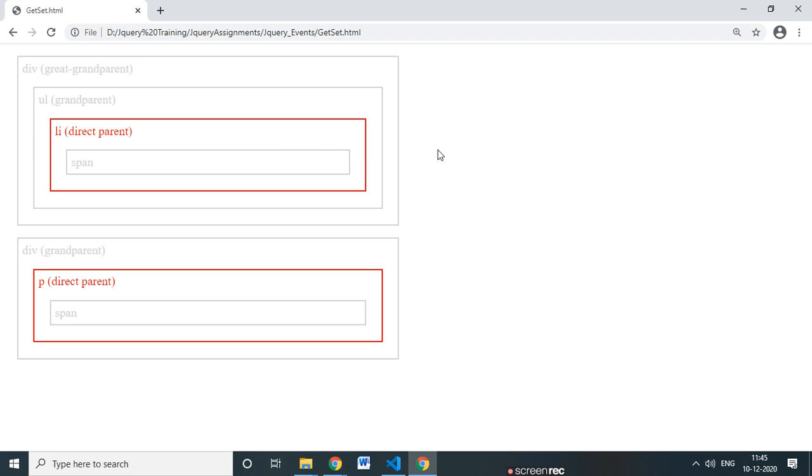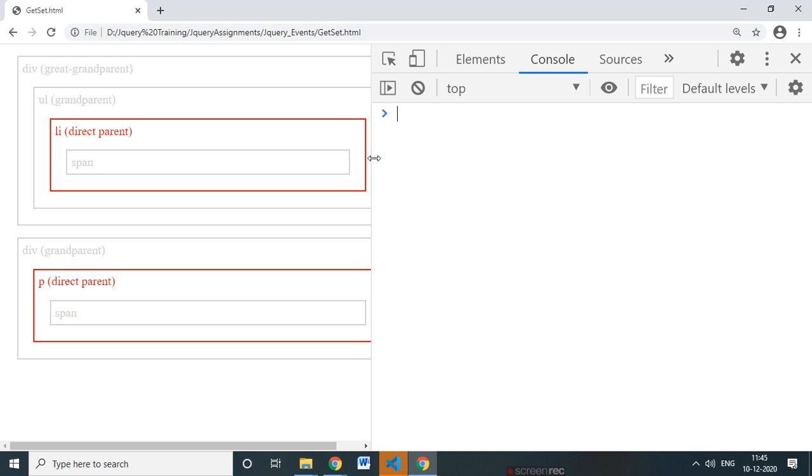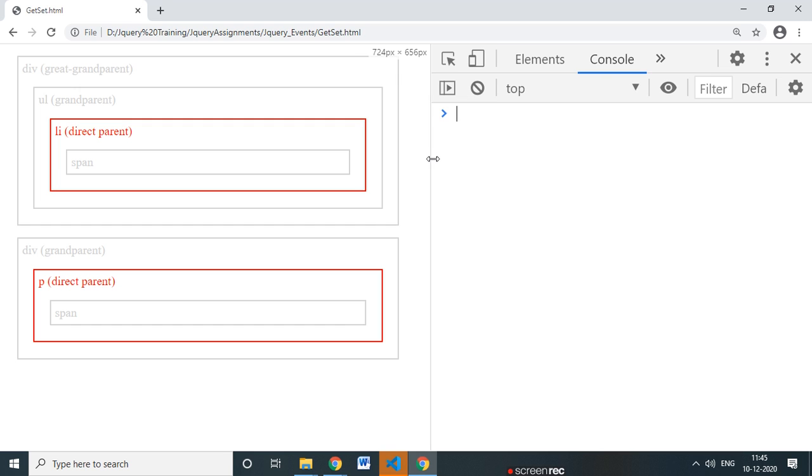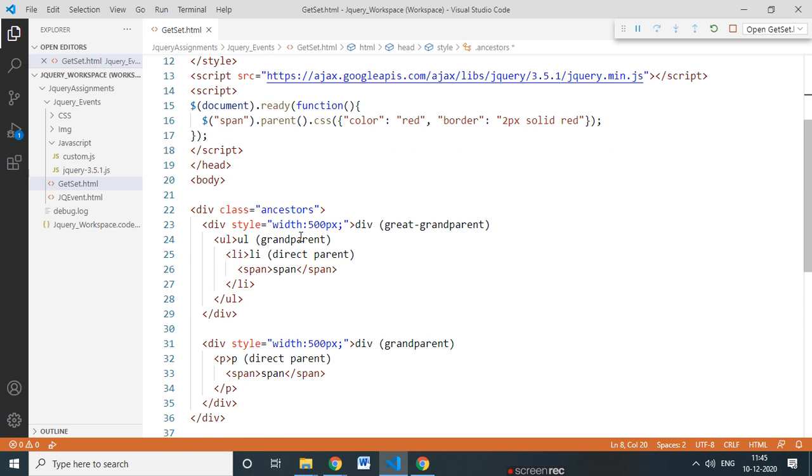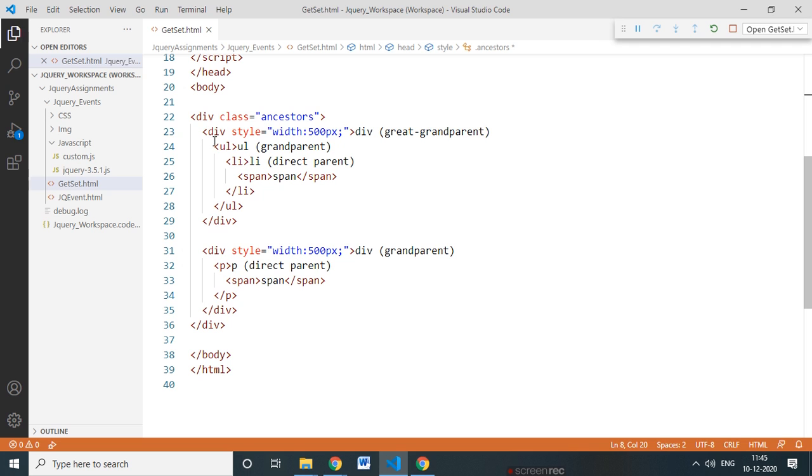Okay, I press F12 now. So using this example, you understand the structure.